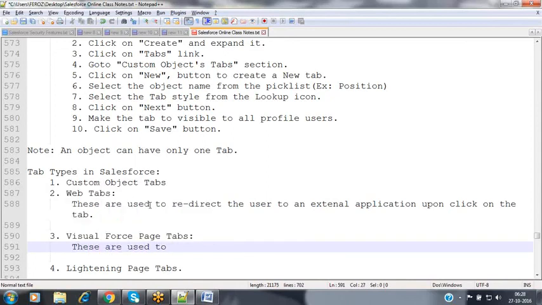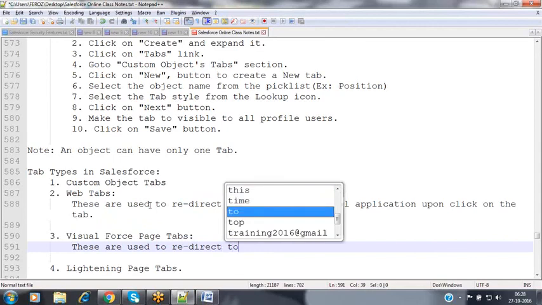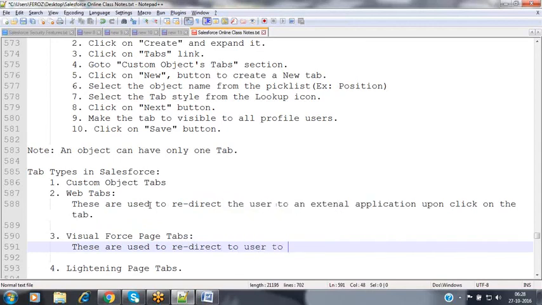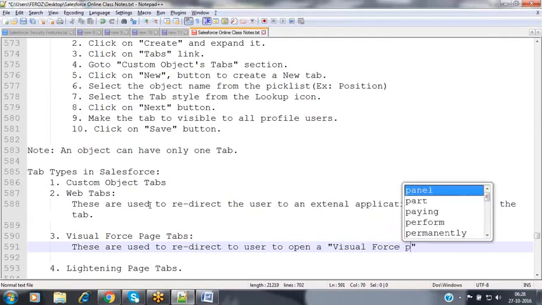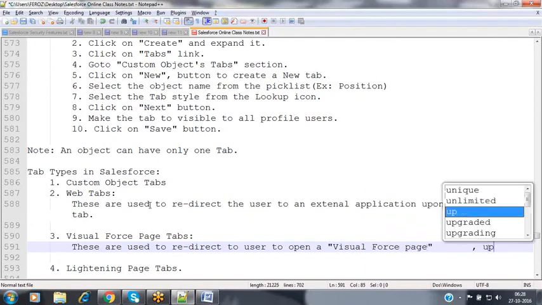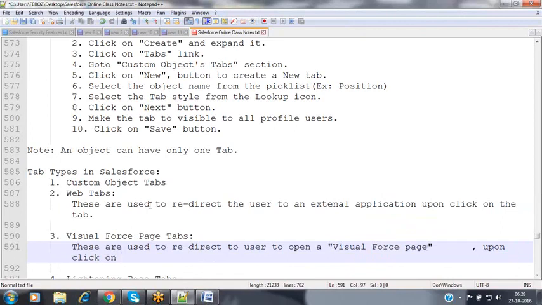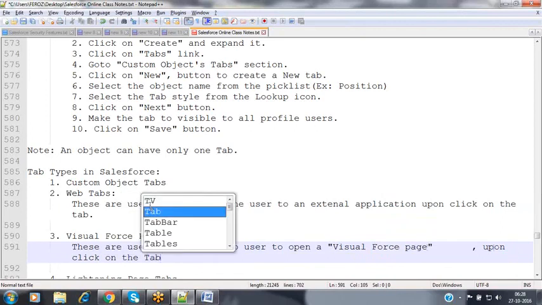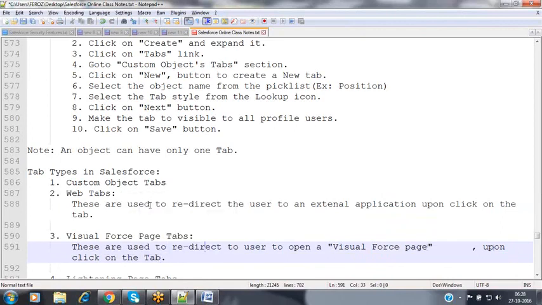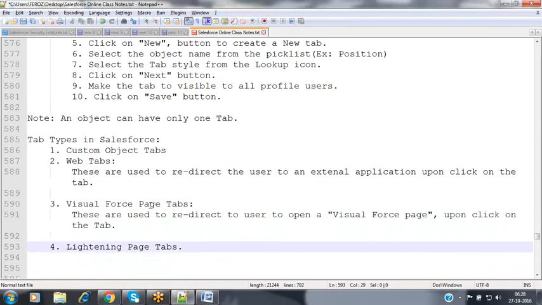These are used to redirect the user to open a Visualforce page upon clicking the tab. As soon as you click on the tab, the associated Visualforce page opens for you. Now, the Lightning page tab.